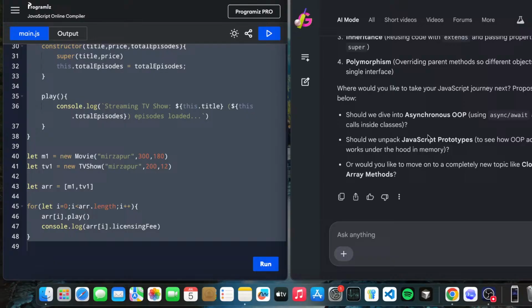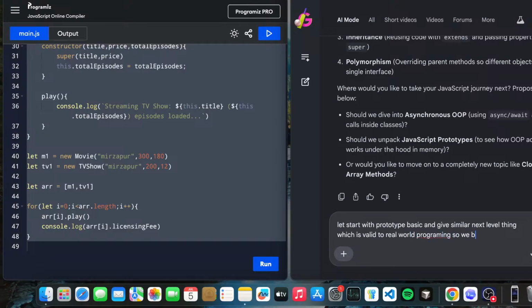Before moving forward, let's understand the prototypes. So we are having prototypes. Let's start with the prototype basics and the next level things, which are valid in real world programming.